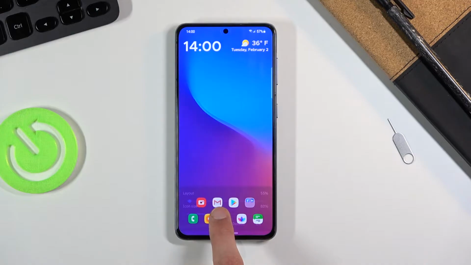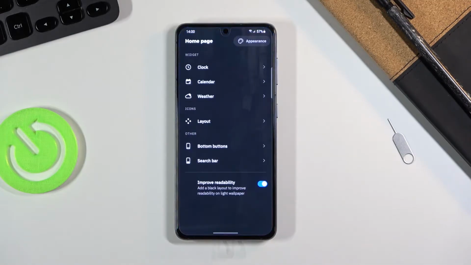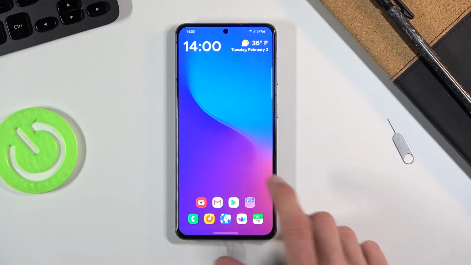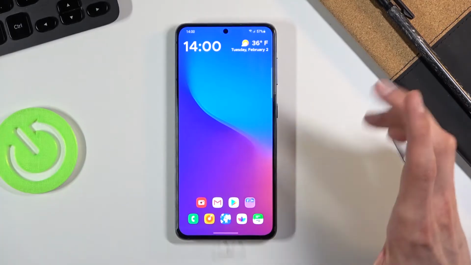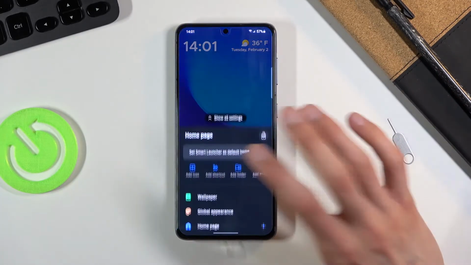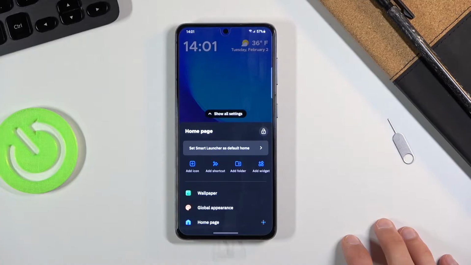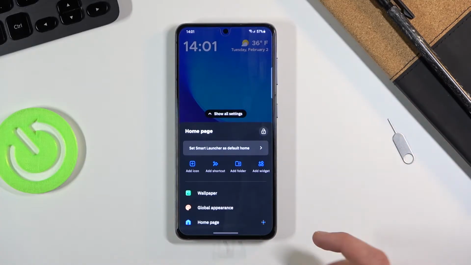Let's make them a little bit smaller. There we go, good enough. So now there it is. So you can see it's already looking a little bit better. Now there is one little thing that I like here, just as an ease of use, which is when you hold it, it brings up this Smart Launcher menu, but